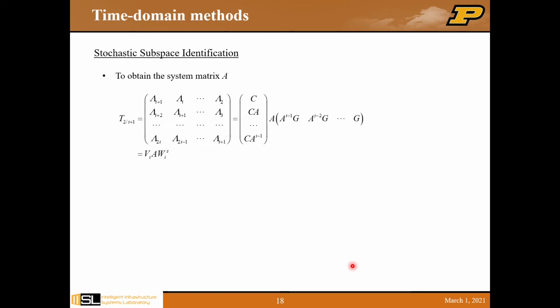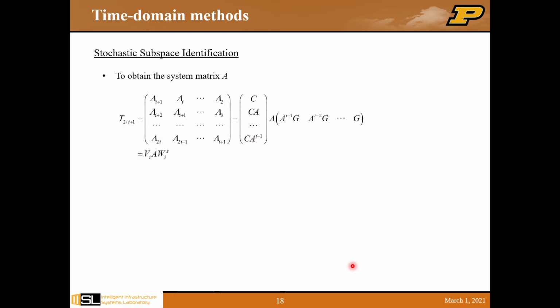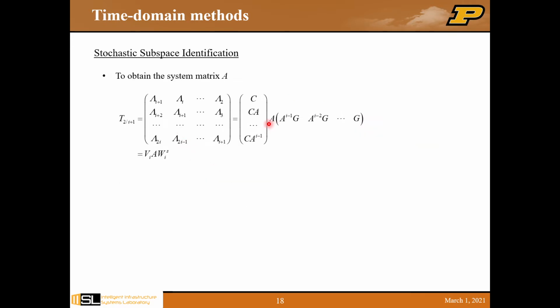The next question is, how do we obtain the system matrix from the Toeplitz matrix? We need to first shift 1 dt for the Toeplitz matrix. As shown before, T1|I is equal to Vi times Wi. If we shift 1 dt, we have the extra item, the A matrix, in between V